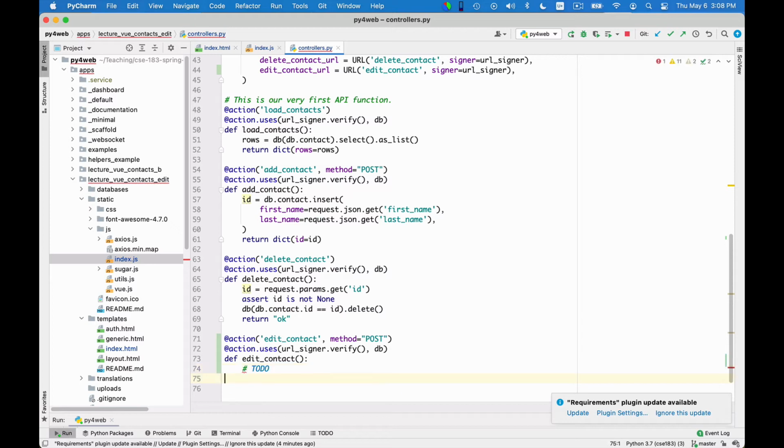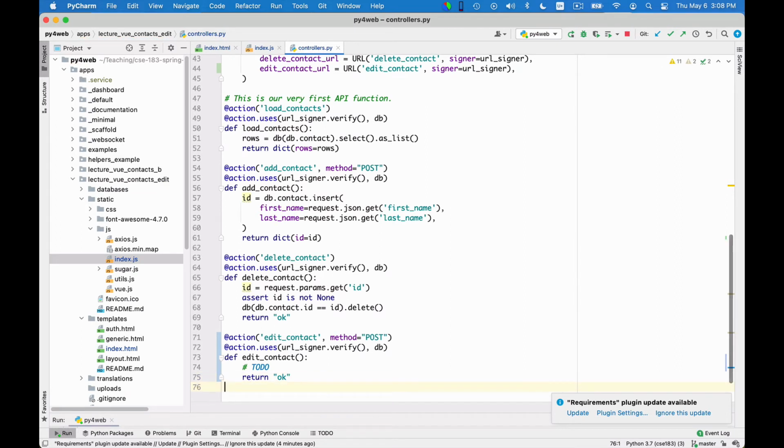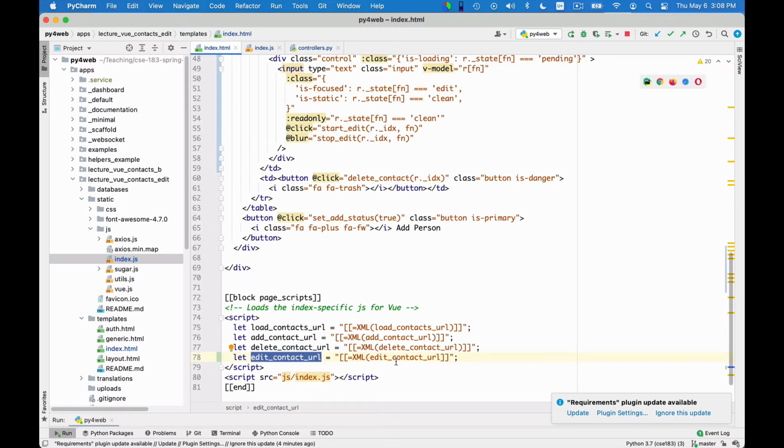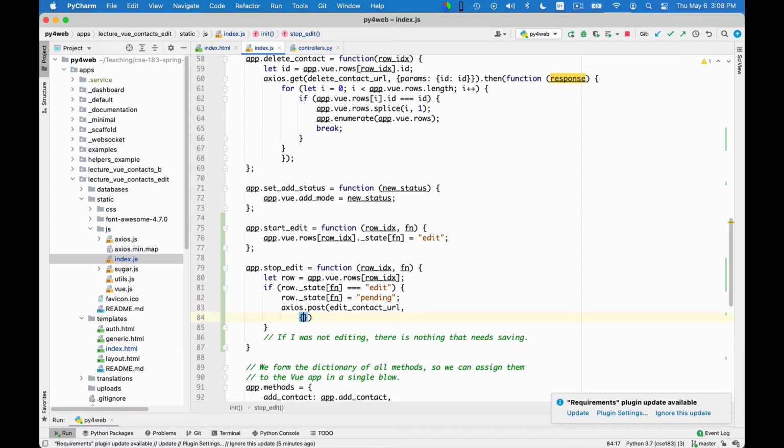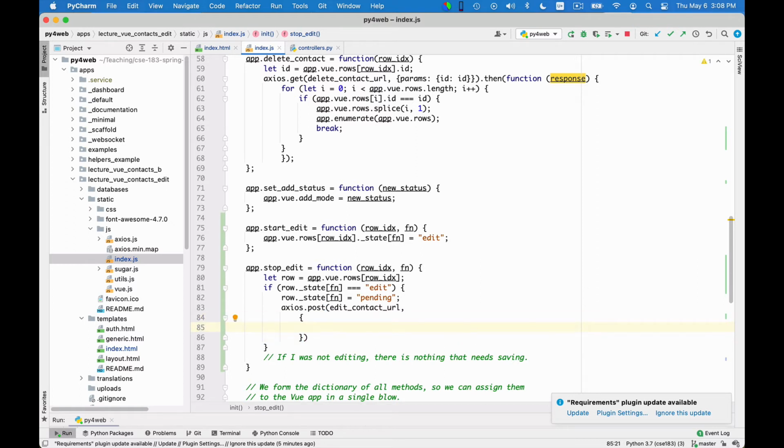So I say to do, and then I want to return again okay, just to signal that everything went fine. So this is just a placeholder. Let me fill it in later, but at least now we can generate this proper URL. We can pass it to index.html. We can define it in JavaScript, and we can finally use it here. And so what do I pass to it? So I pass to it a dictionary that contains what I want to update, which is